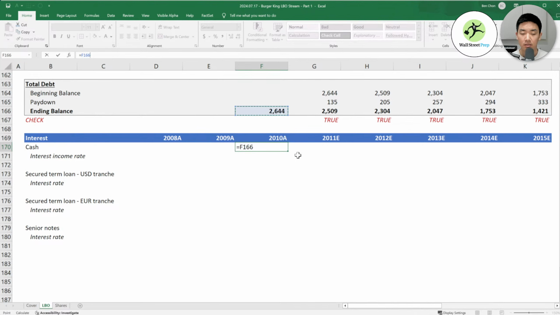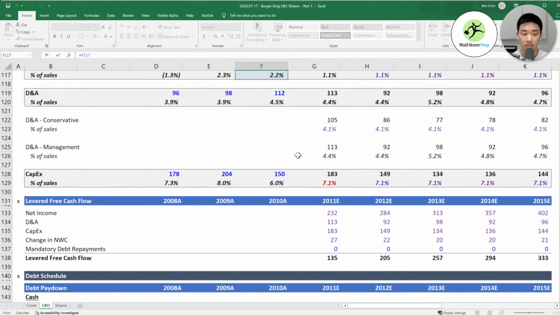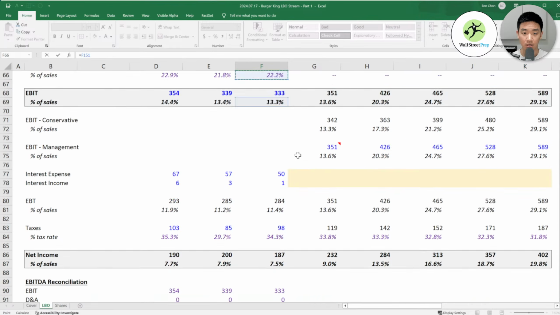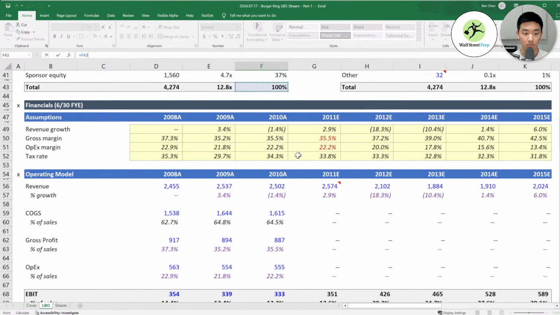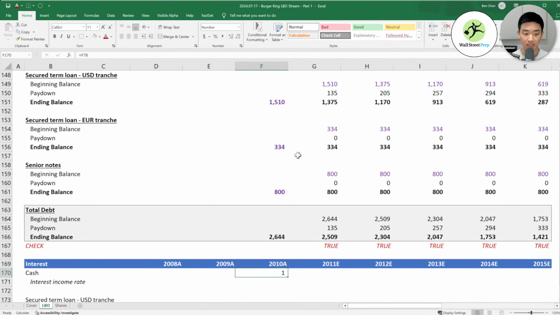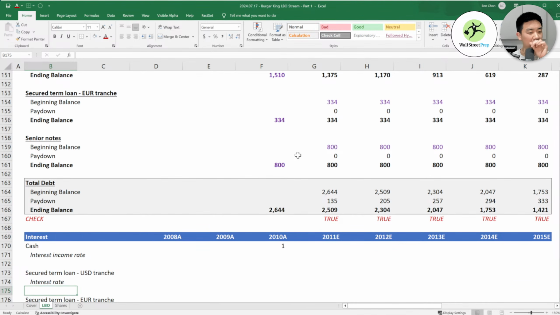Okay. This is a bit of a simplifying assumption. So actually we're going to call this interest on cash. If we go all the way up to our model here, remember we had interest income. So we're going to connect to that. This might be a little bit confusing, but this is cash, and we're doing interest income of cash.